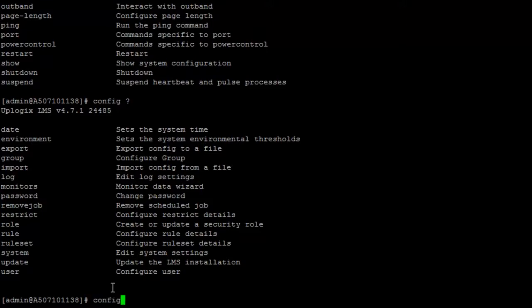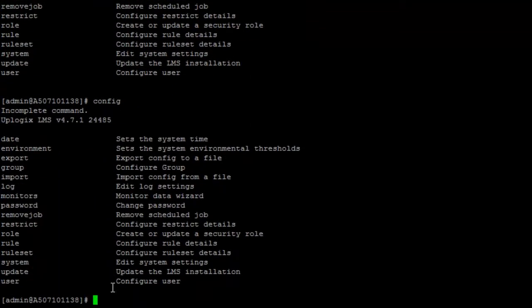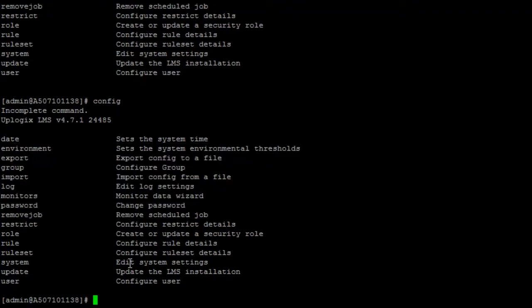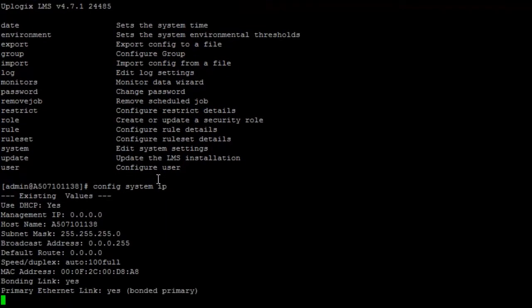If you try to do an incomplete command, then it also says, hey, that's not complete. You need to add one of the following. Very similar to that, we also do command shortening, which can be useful for saving you some keystrokes. The first command you're probably going to want to run is config system IP to get your